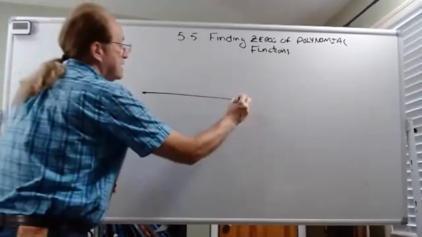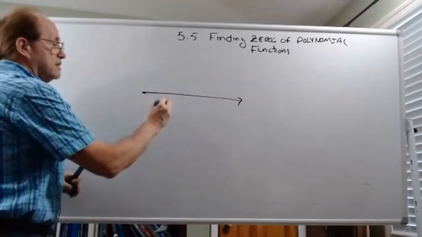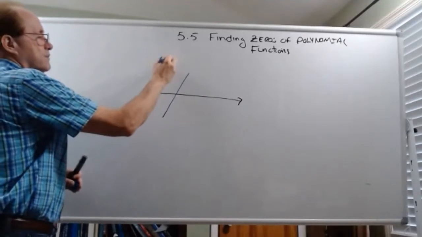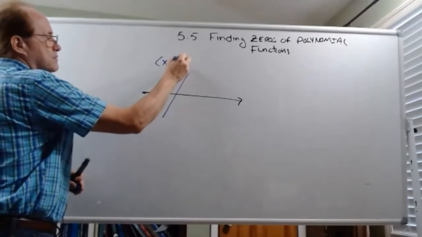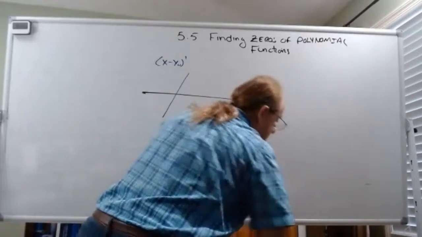So say here's my x-axis. And you might have a zero that goes just like this. If it just goes like that, then that zero is just raised to the first power, x minus x0 to the first power. If, however, it looks something like this,